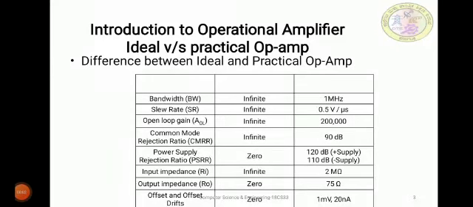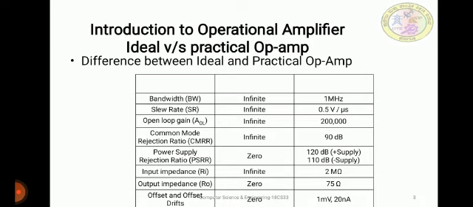Hi, welcome. So, the next topic we are dealing with is the operational amplifier. Before going to the characteristics of an op-amp, let's see what an op-amp is first. An operational amplifier, or op-amp, is fundamentally a voltage amplifying device designed to be used with external feedback components such as the resistor and the capacitor between its output and the input terminals.